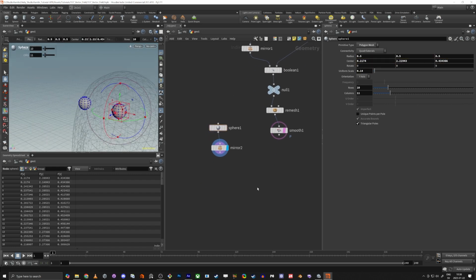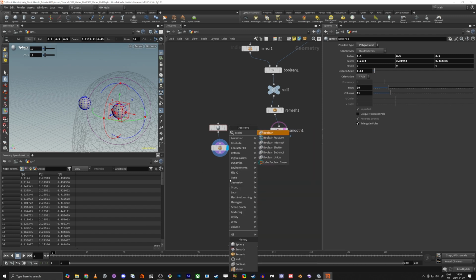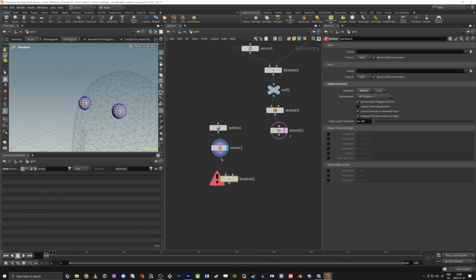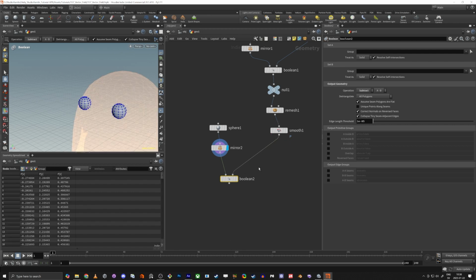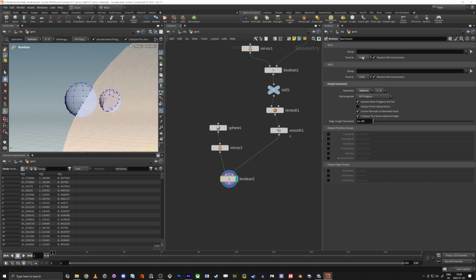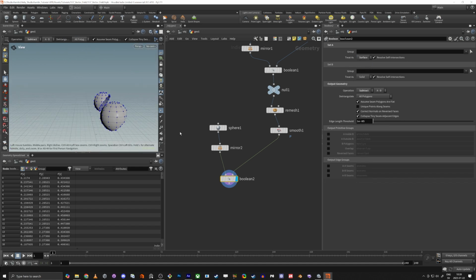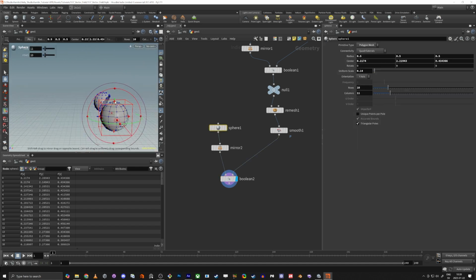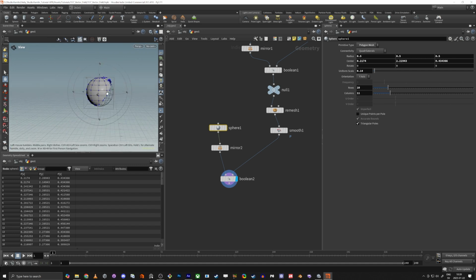And now I'm going to do a boolean. So what I'm going to do is that I'm going to subtract. So here you see we removed the inner part, but I'm going to use this as a solid surface. And this is really good because now when we look at the ghost from the backside,